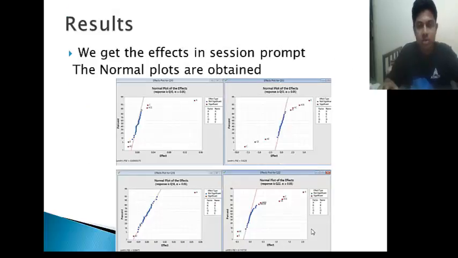Now after doing this, we get the results as shown in this slide. For discussion, I have only taken the normal plots. From the normal plots, we got to know about the significant effects, in which we get